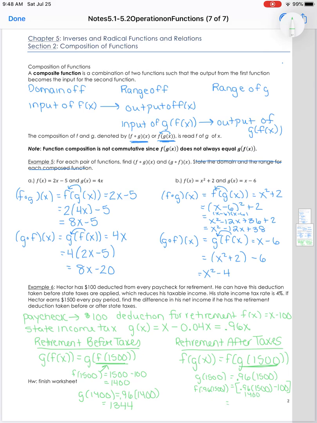And then what you get for that particular value, you would then take 100 from that. I don't have this exact value here, so sorry about that. You don't need to write it this way, but when you do f of x, you're going to take the number you would have just gotten and take 100 from that. Sorry, this is 1,400, my bad. And then you get 1,340 for that. Okay, so if we look at these two values, 1,344 and 1,340, that means that the net pay is $4